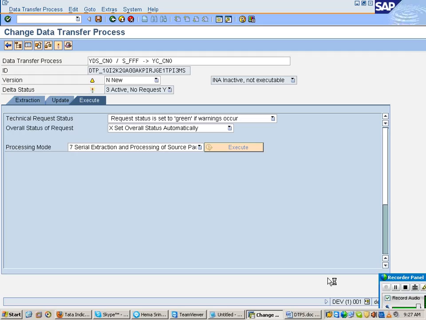Once I click execute, that means your target will be filled up, loaded with data. So click on execute.